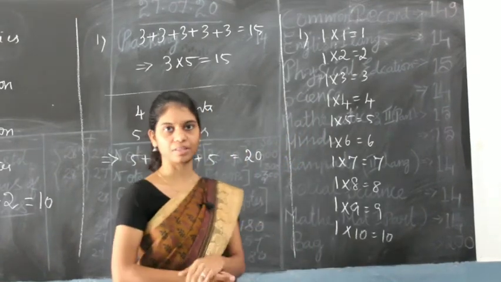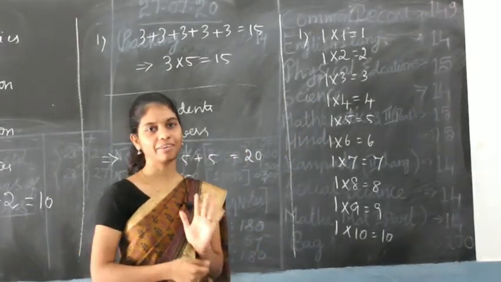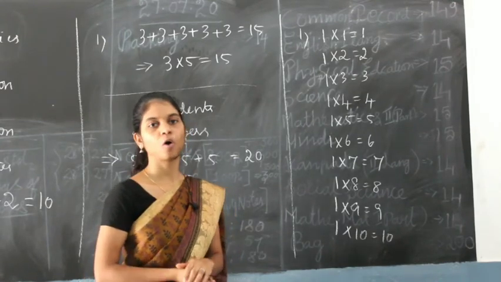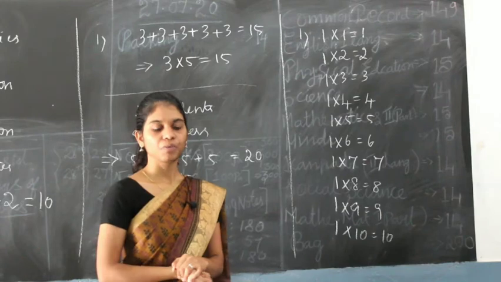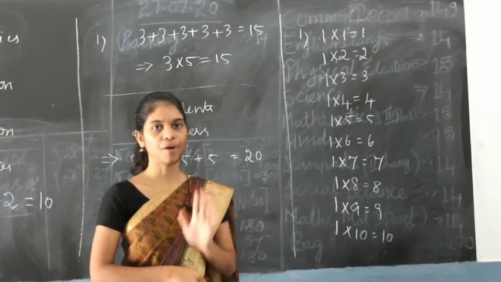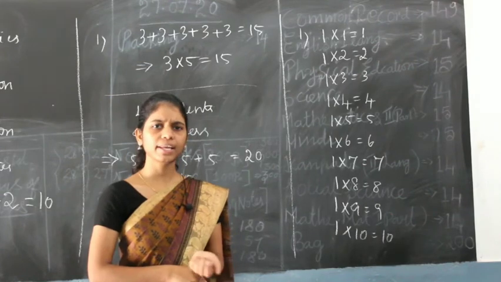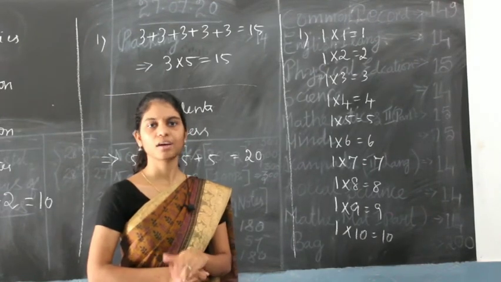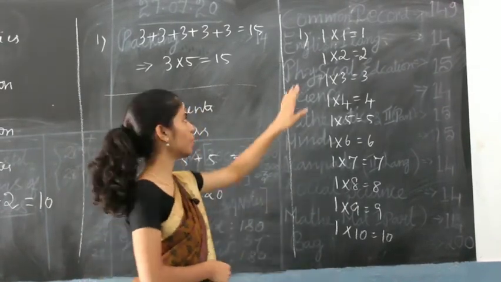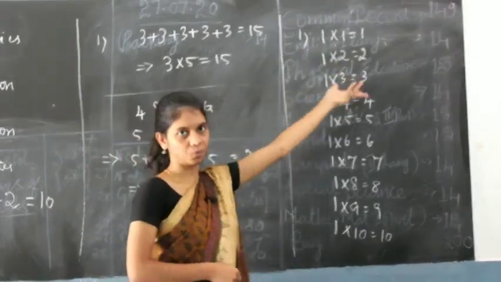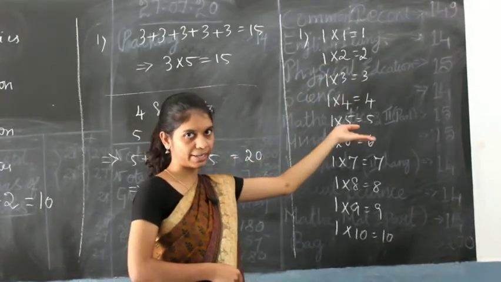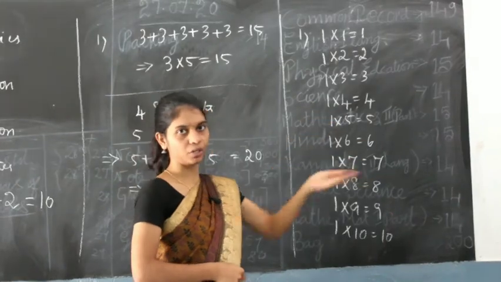As an example for this, let's say you have 5 boxes and you have 1 chocolate in each of the 5 boxes. So totally how many chocolates will you be having? 5, right? In the same way this happens. So if you are multiplying 1 with 1, you will get 1. 1 with 2, you will get 2. 1 with 3, you will get 3. And 1 with 4, you will get 4.